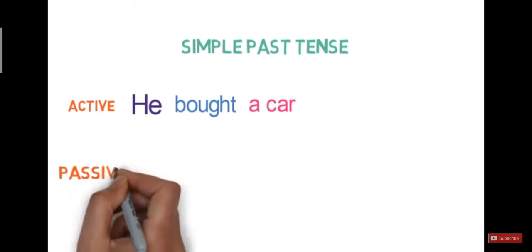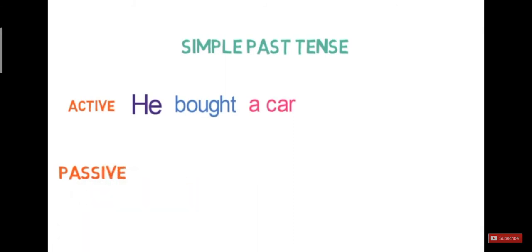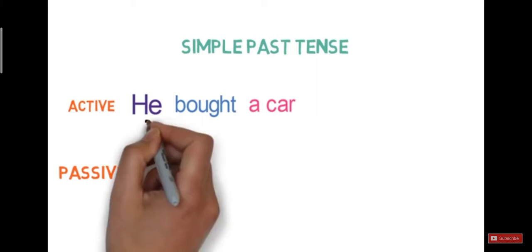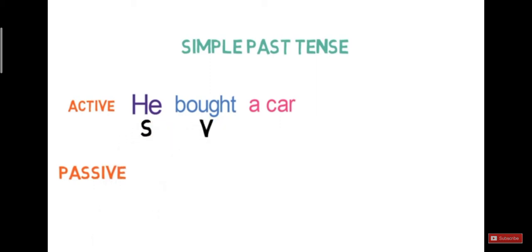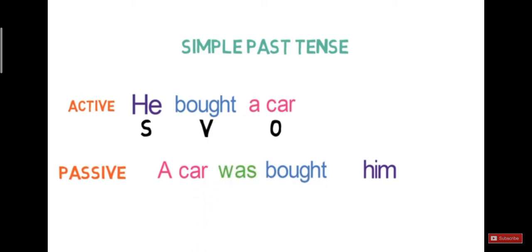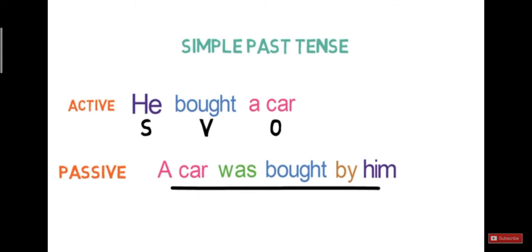Now the next tense is simple past tense. Active voice: he bought a car. What will be the sentence? Subject, verb plus object. So now object, verb plus subject. So we'll swap, second step, that is a car, and then he will change into him. Now bought, what is the third form of bought? Bought itself. Now the bought is in past tense, so what will we write? A car was bought. Now the adding of preposition, the fifth step. A car was bought by him. Hope the things are clear, my students.